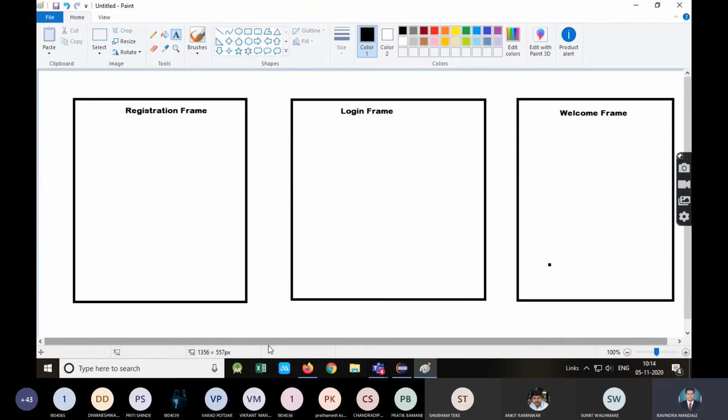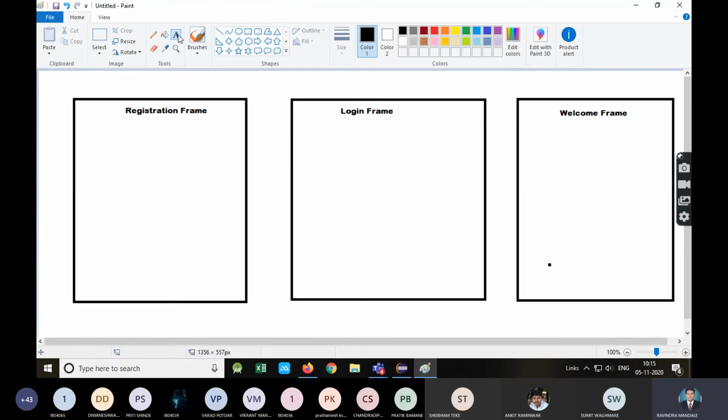I'm mentioning frame here, but actually I'm going to use JFrame of Swing, because users don't understand what JFrame is. Or if you are getting confused, then simply mention page here, no problem: login page, registration page, or welcome page like that.